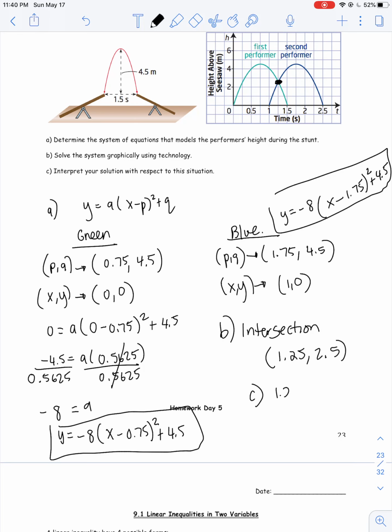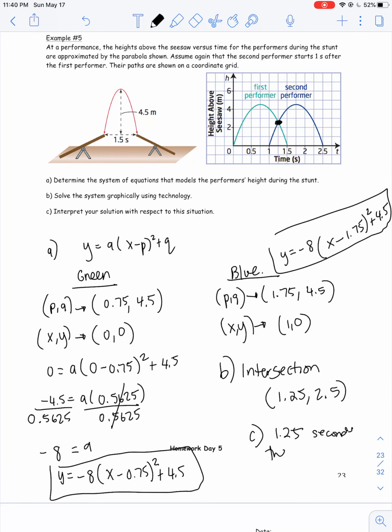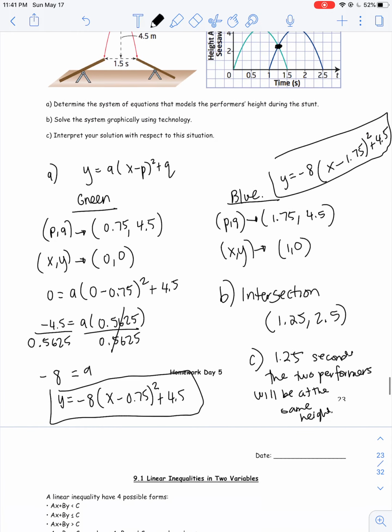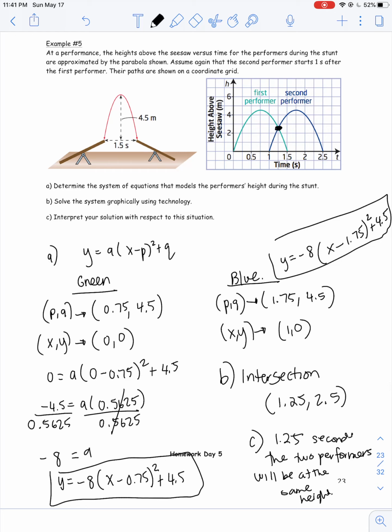And what this means is that at 1.25 seconds, the two performers will be at the same height. So that's what this is telling us right here. At 1.25 seconds, the two performers will be at the same height, and that is our lesson 8.1. So this is graphically being able to solve for that. Hope you guys